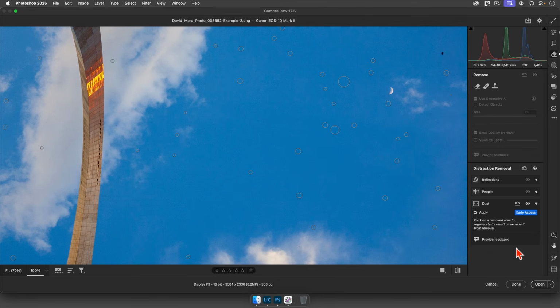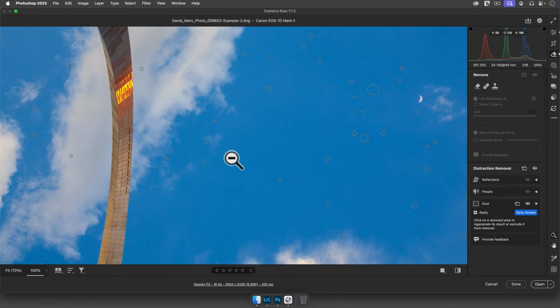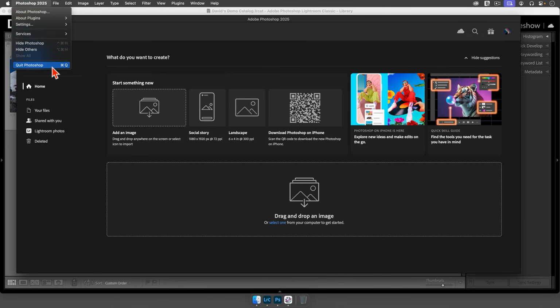I know this is silly, but the point that I'm trying to emphasize is that you should not accept the AI's results without double checking that it did a good job. Let's pretend that I take the time to do that now. Let's pretend that I look thoroughly all over this image and that I'm satisfied with the results. So to get back to Classic, I'm going to tap on the Done button, then I'll close Photoshop,